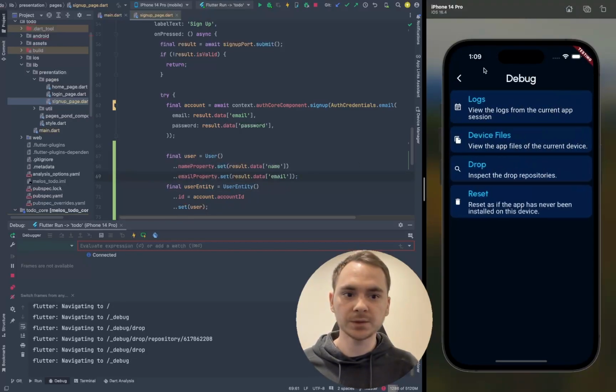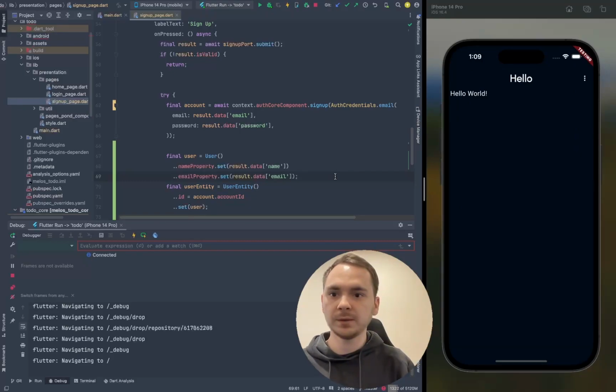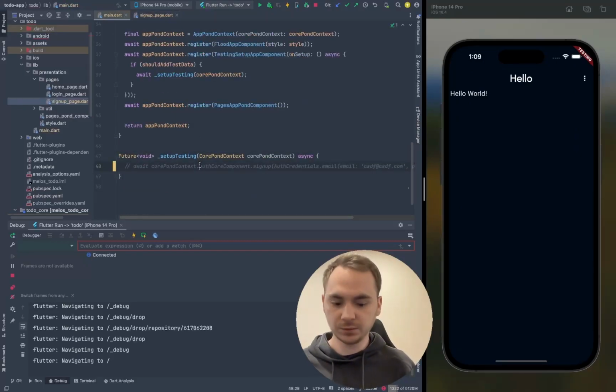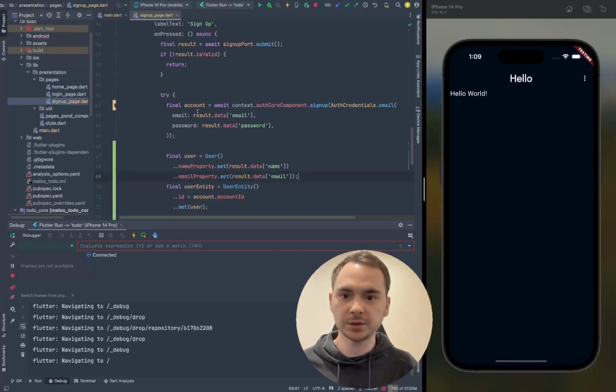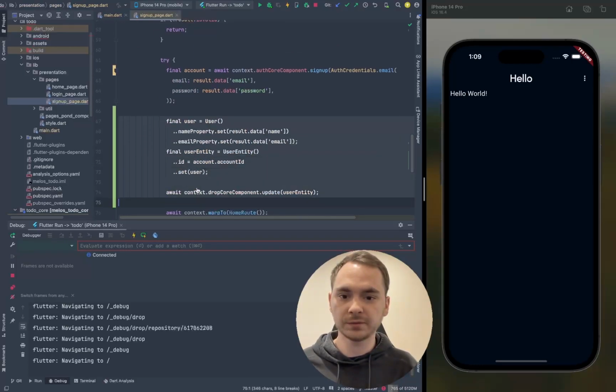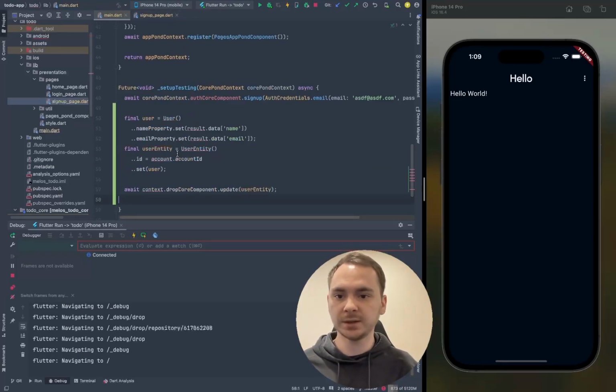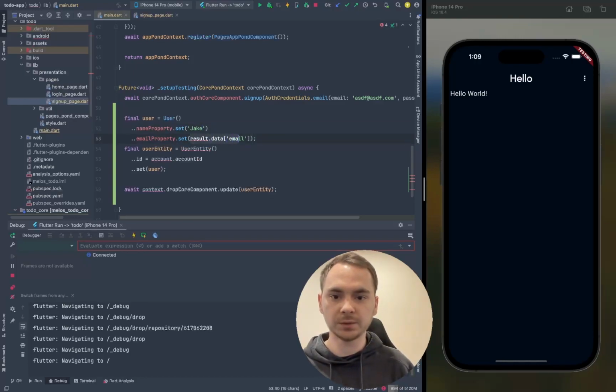Let's also now make it so that whenever we start the app, let's go ahead and add this ability to automatically create an account for us. But let's also go ahead and make it so that we create a user entity just like we do in the signup page. Let me copy all this code that we've created here, paste it in here, set all our imports, and we're just going to manually set the name to Jake, and we're going to set the email over here to